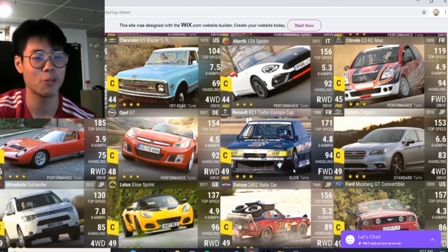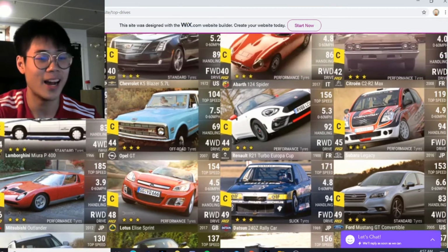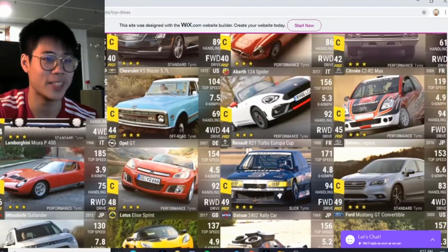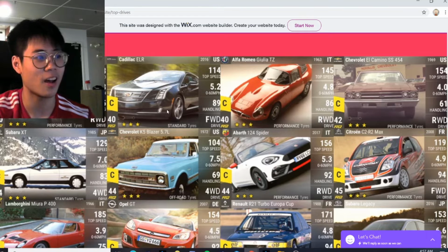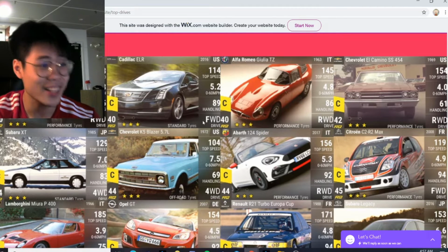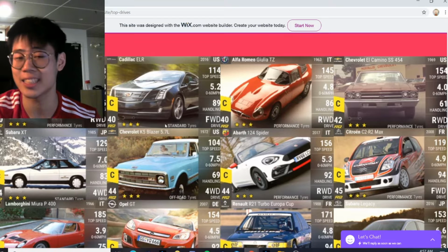And then you have the R21, which is amazing handling. And then you have, what else do you have? You have the Lotus Elise Sprint, which is even more amazing handling. So some amazing cars. You got the ELR. I know it got nerfed, but honestly, 5289 standard tires, just 89 and standard tires alone